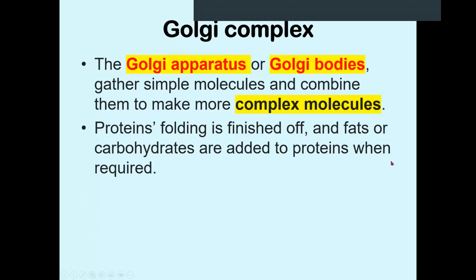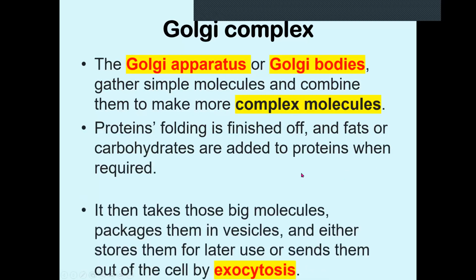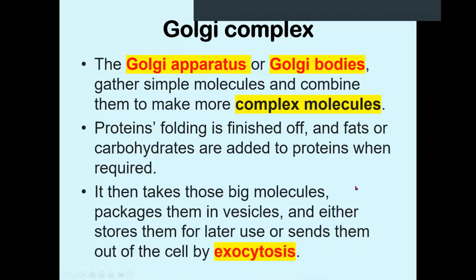And there are many, many variations of that. And then these become bigger and bigger molecules, and they're packaged in these tiny little bubbles called vesicles. And then they are either stored or sent out of the body. And that's called exocytosis. I mentioned before, exo, external,